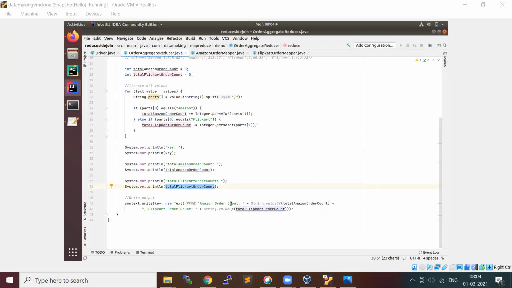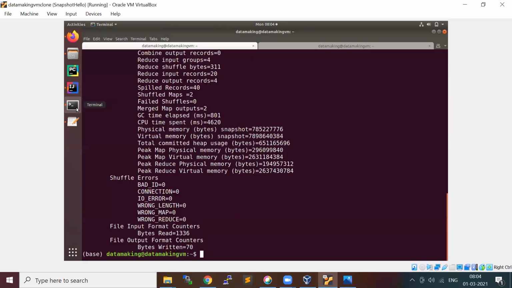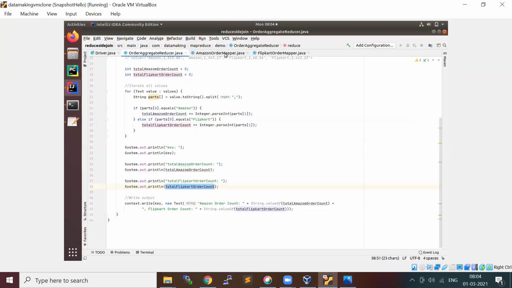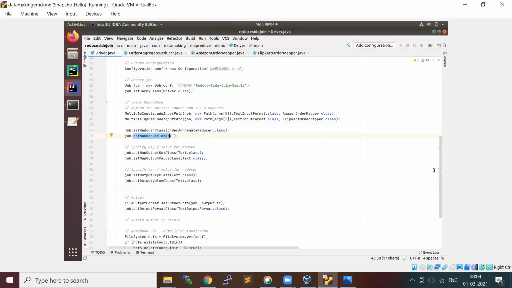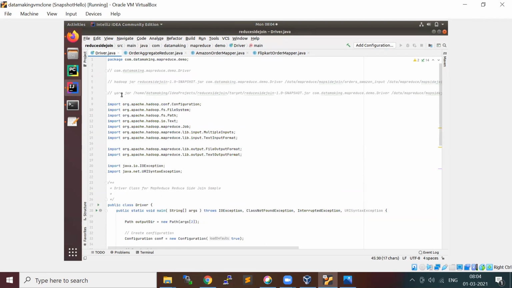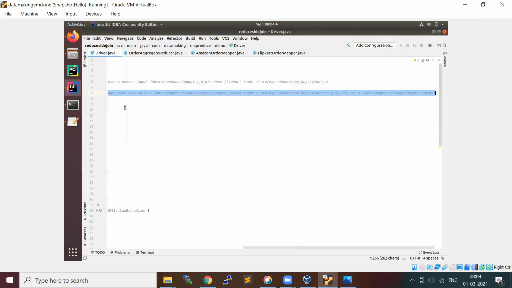So that's what the output is going to be. Let me run and show you. Here you need to pass two inputs: one is the Amazon sales data set separately, and the Flipkart data set separately, because that's how we are processing it, and your output directory as a third argument.